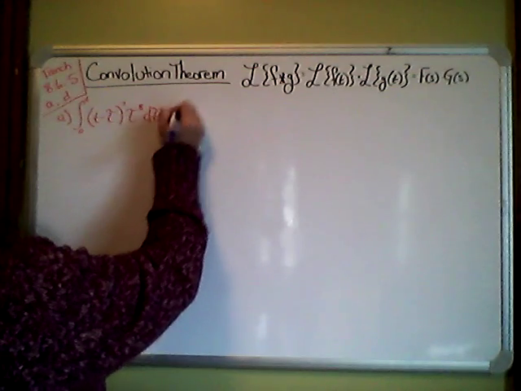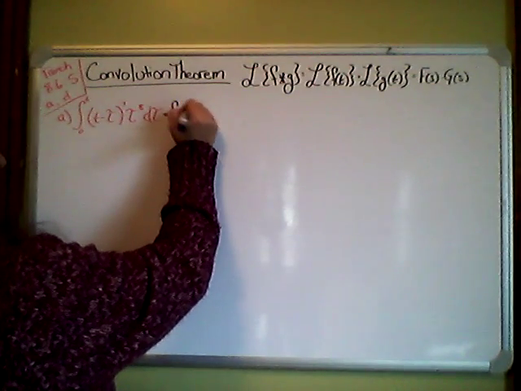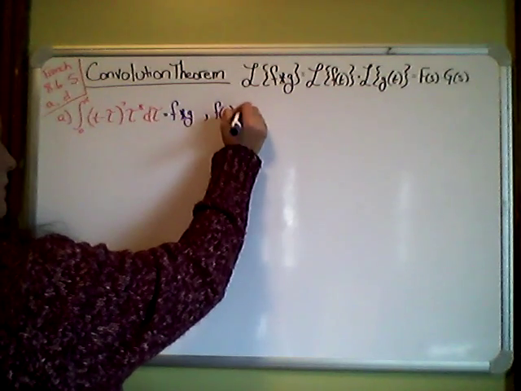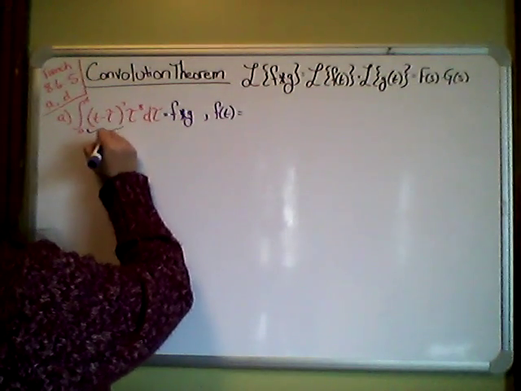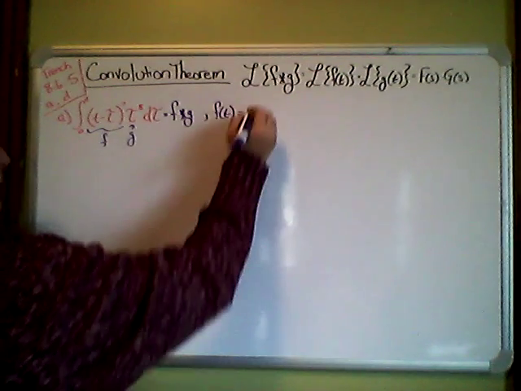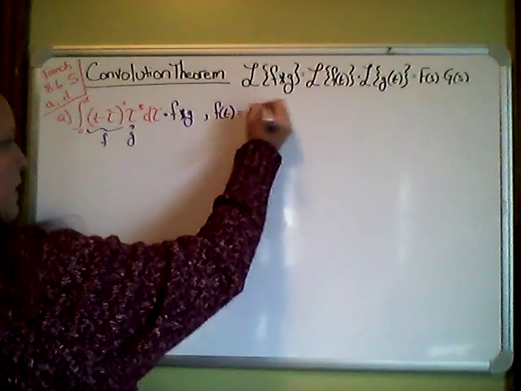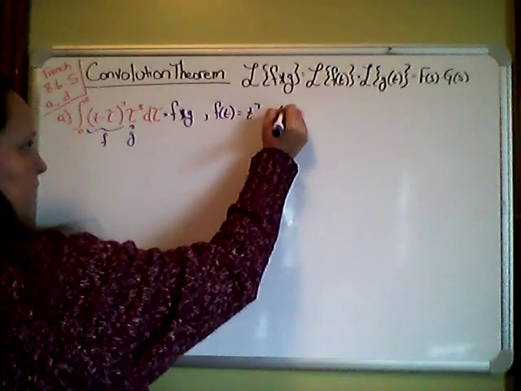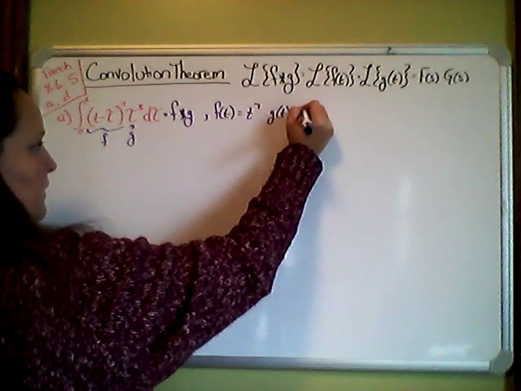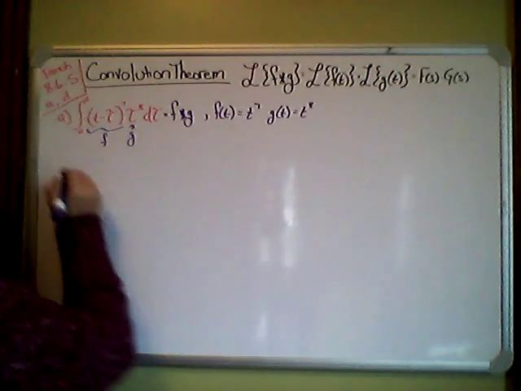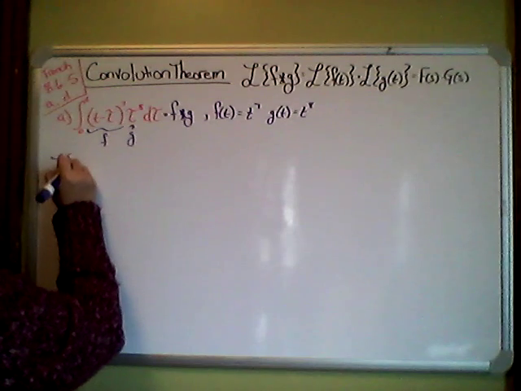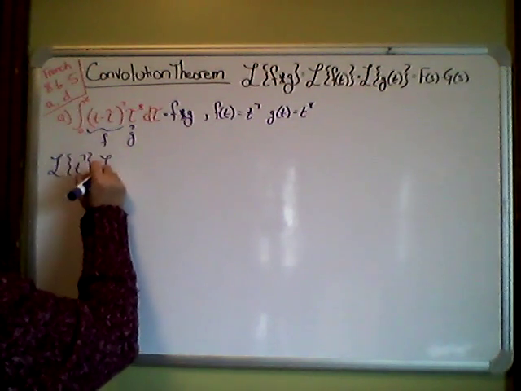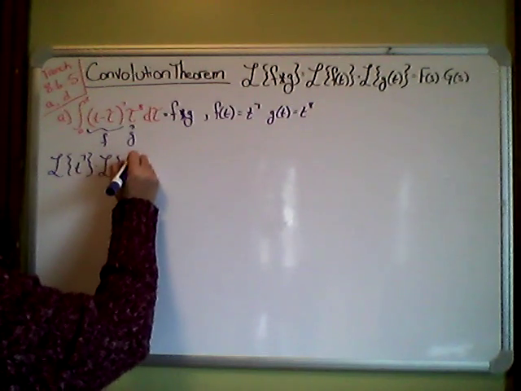We should recognize that this is equal to f convoluted with g, where our f of t is t to the 7th, and g of t is equal to t to the 8th. So we'll take the Laplace transform of t to the 7th times the Laplace transform of t to the 8th,